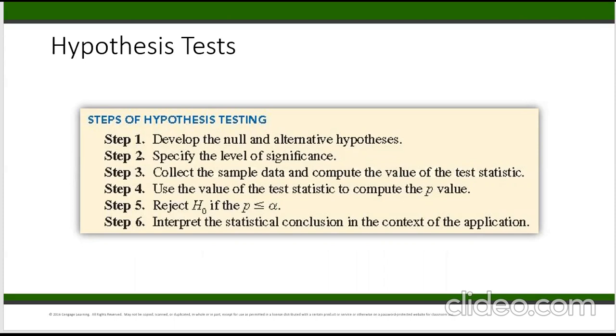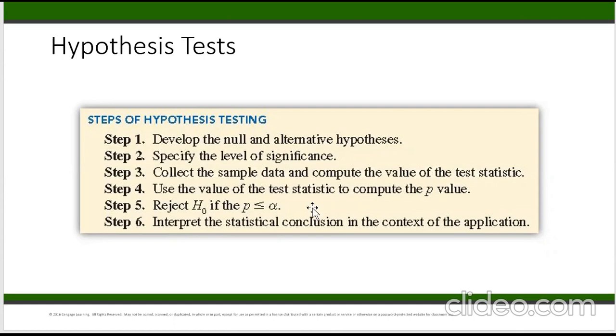When we're doing interval estimation, we're trying to find an estimate, either a point or an interval, for population parameters like population mean, population standard deviation and population proportion, without having any pre-assumption, without having any claim